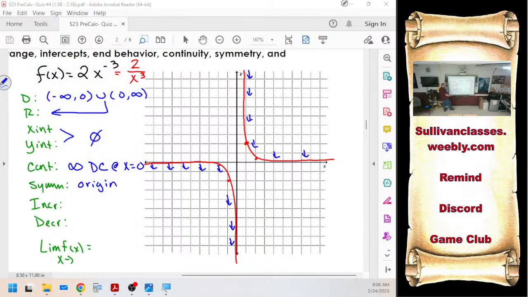So there's just a gap at 0. This thing is decreasing along the entire domain. Negative infinity to 0, 0 to infinity, because it never increases. Remember, as you go left to right across the paper,